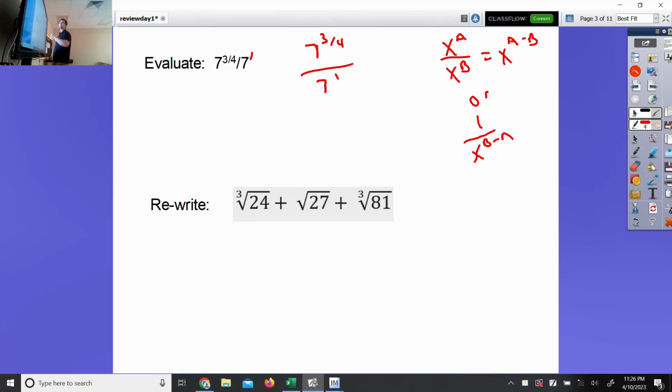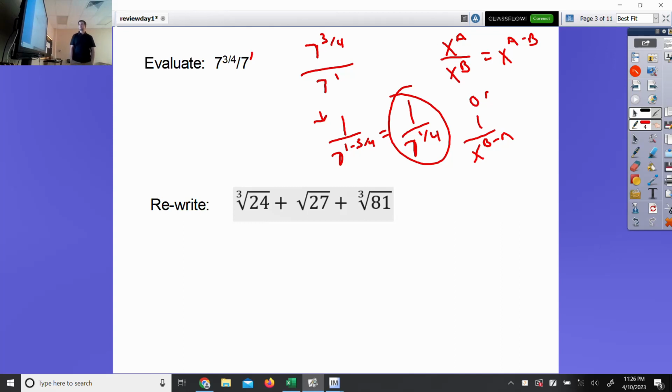1 is bigger than 3/4. It really is. So we're going to do 1 over 7 to the 1 minus 3/4, which is 1 over 7 to the 1/4 power. Done with that one. Rewrite the cubic root of 24 plus the square root of 27 plus the cubic root